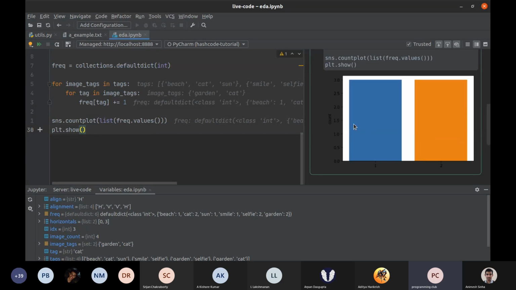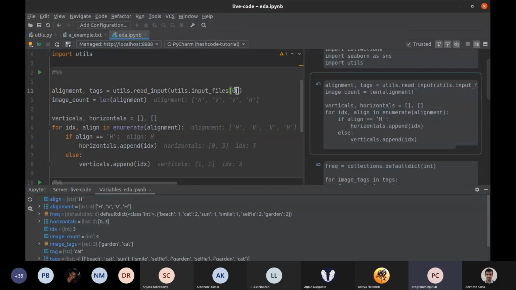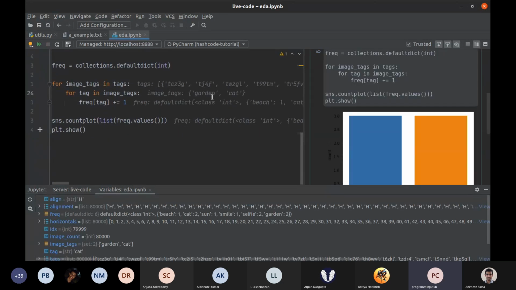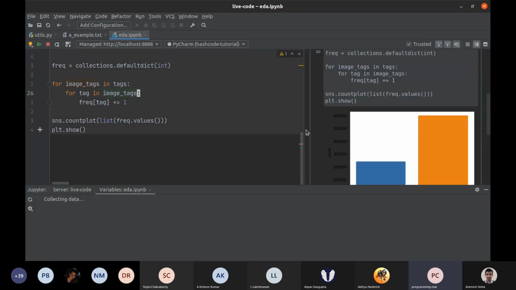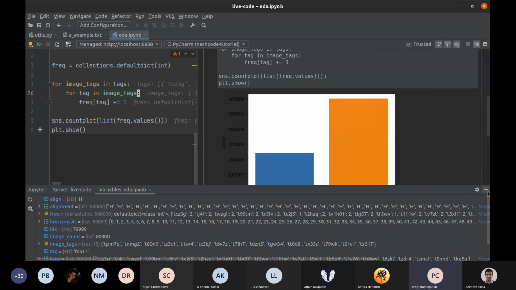Exploratory data analysis. You are reading the input and analyzing it. So here you can see, let me use a bigger file. So this was the file A. Now let us plot it for B, so we'll get a better idea. So this graph you can see here. Let me full screen it.